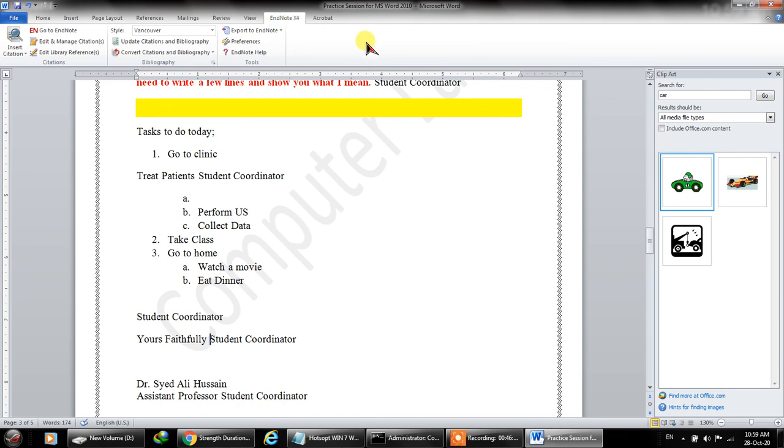Then this EndNote, this is a software that is used for referencing. Whenever we want to do research, we want to acknowledge whose work we are referring to. For example, gravity, it was defined by Newton, right? So it was defined by Newton, and if I'm defining gravity and I don't acknowledge Newton, then this will be wrong, because people will understand that this is my work. For example, in medical science or in the medical profession, you are writing that wherever there is flexion, there will be more stress to the spine.